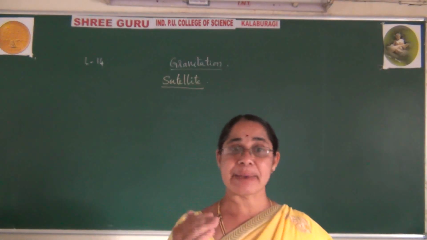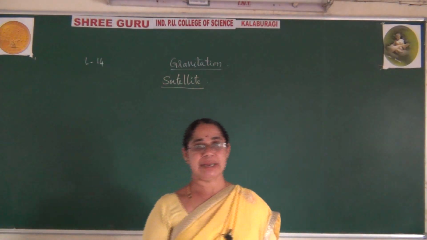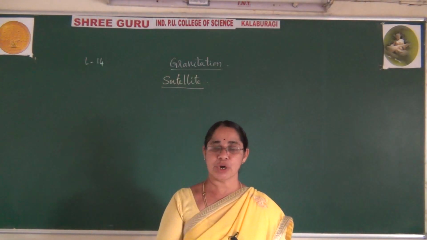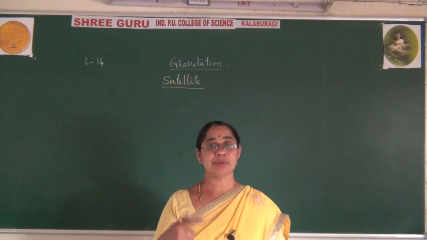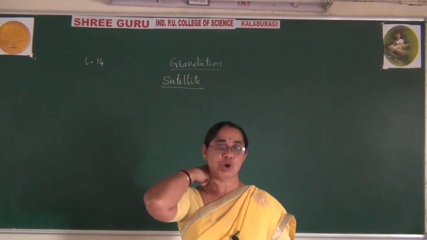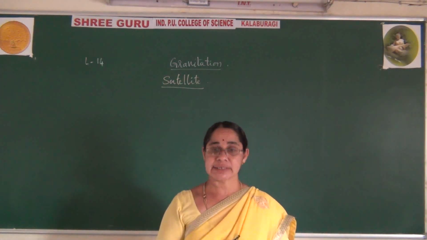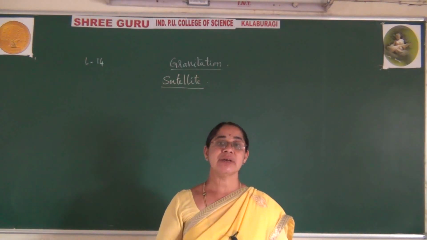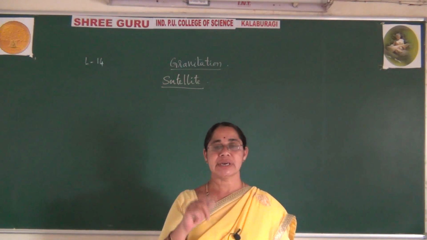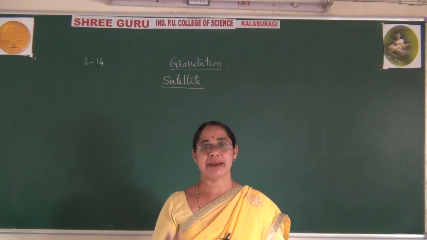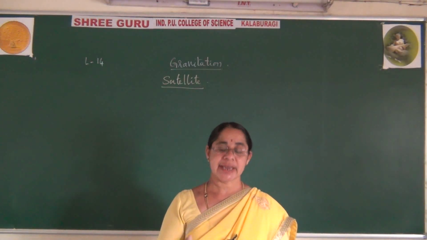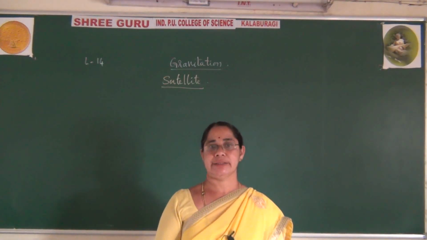For this I can give some examples. You are already familiar: electrons are revolving around the proton. These concepts you can observe in different ways. So electrons are revolving around the one proton, like this you know. But in astronomy you come across satellites revolving around a planet. This you come across in astronomical bodies. Or you can say a satellite is revolving around the Earth.